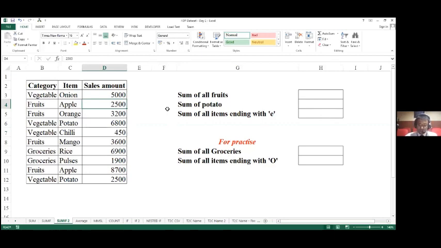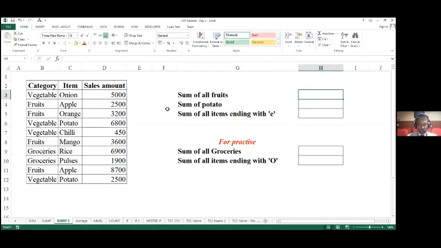But if it's a very complex table which has a lot of values, in that case trying to execute this task manually may not seem all that feasible. It may not be so easy for me. So here what I'm going to do is use SUMIF, but in this scenario the application of SUMIF is slightly different from what I had taught you in the previous sheet.